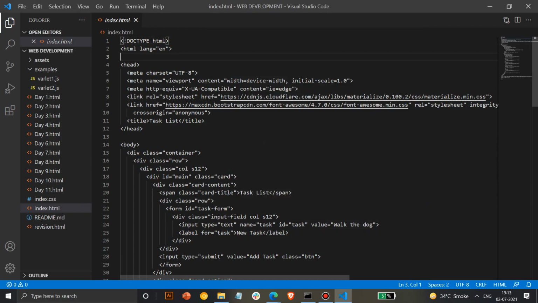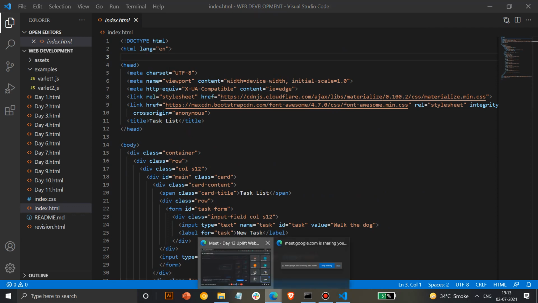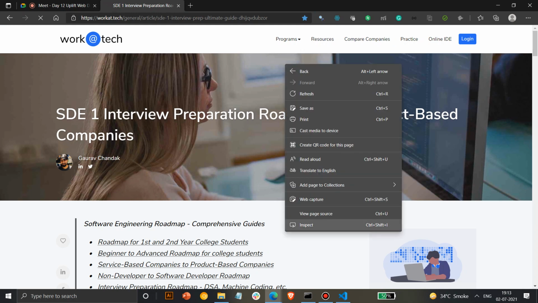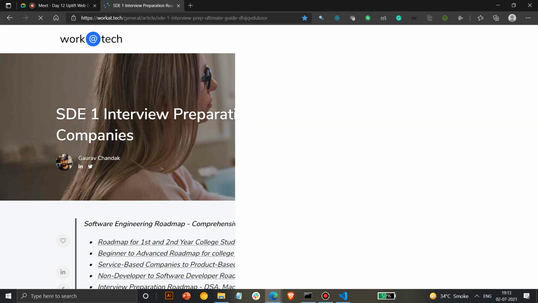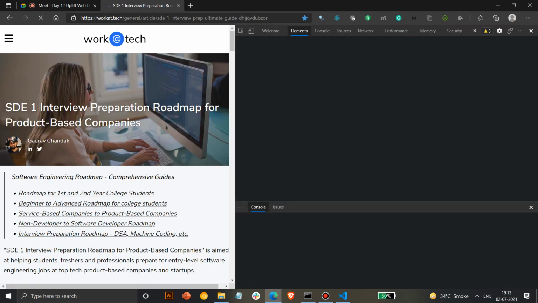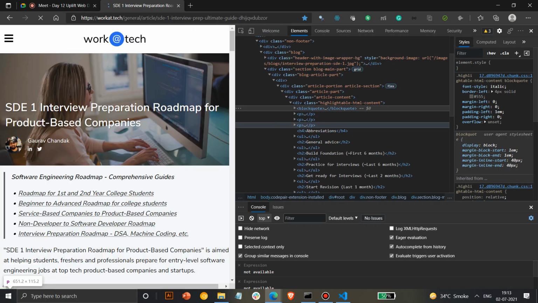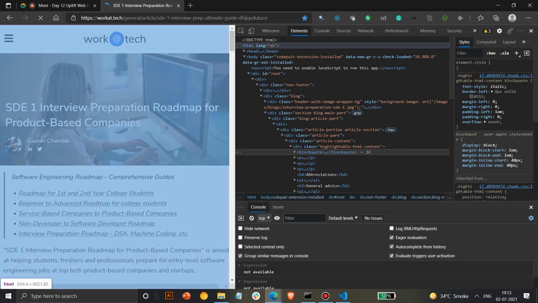Okay, DOM is basically the Document Object Model. Whatever HTML you see, if you open any website, this is a normal website. This website is completely a single document. You can see this is an HTML document. You will get this as a doctype HTML, and you will see this wrapped in an HTML document.